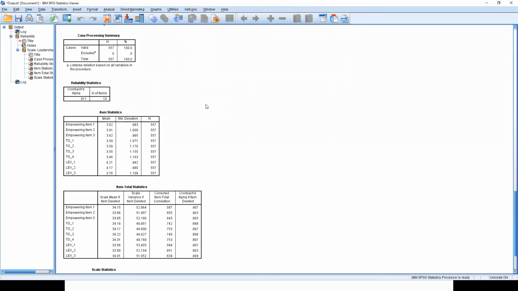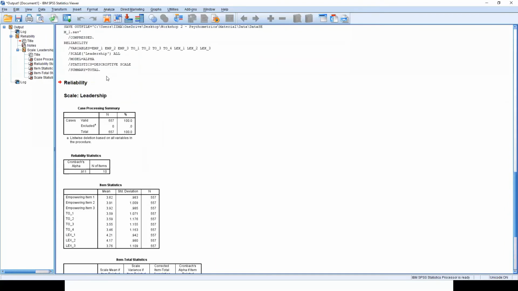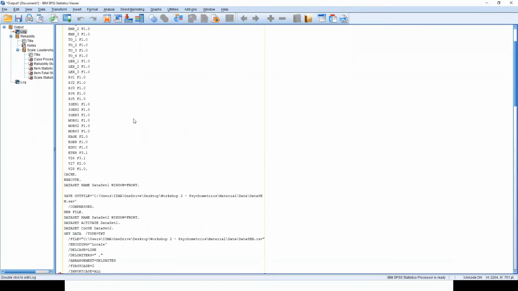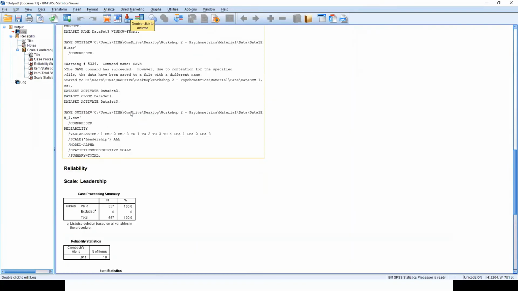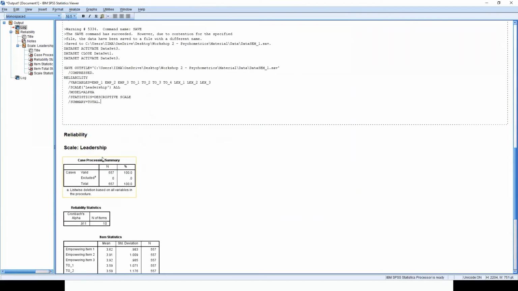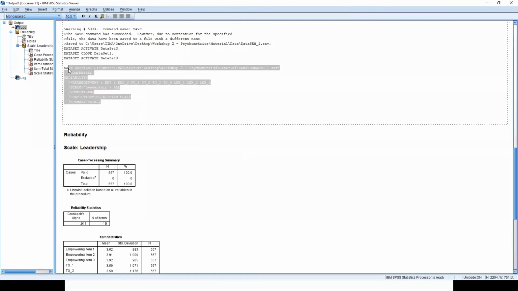Okay, so now let us look at the output that we are seeing. Also, everybody, if you look just above this output, if you double click on this, you actually have the syntax that it has run.